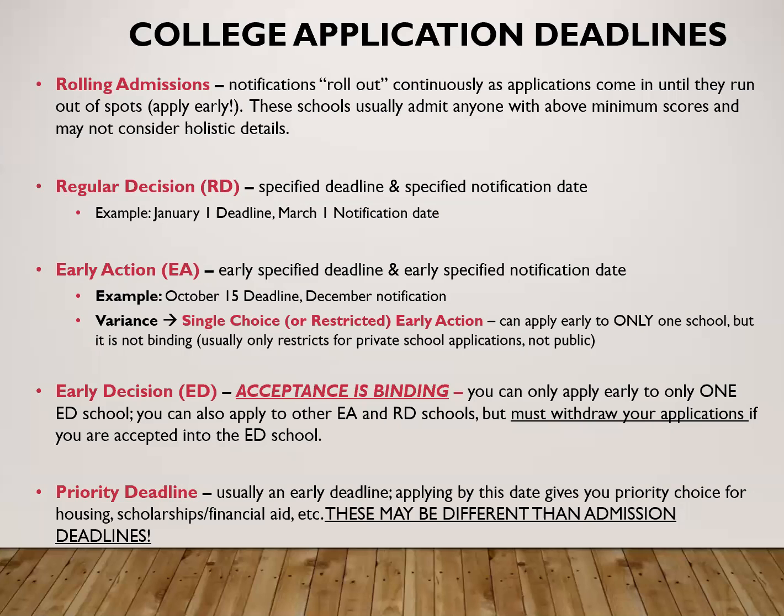You know that you've explored the financial aid aspect. You know you can pay for it. You have your parent support. You also have to get the counselor to sign off on this, but early decision is a big deal. It does let the college know you are my first choice and I will come to your university if I get accepted. So that's just something to be aware of. If you get accepted to an early decision school, you have to withdraw your applications from all the other schools.